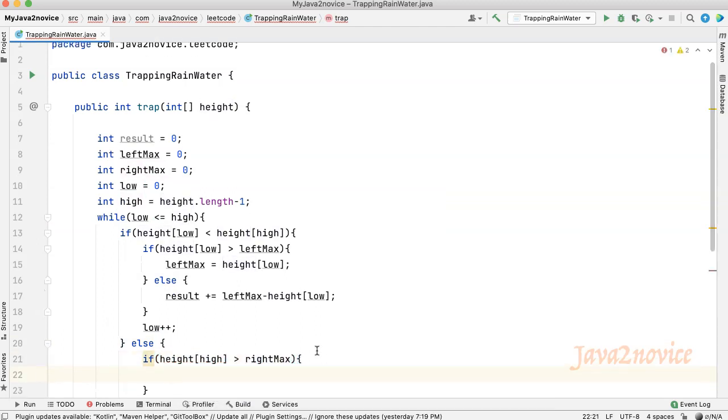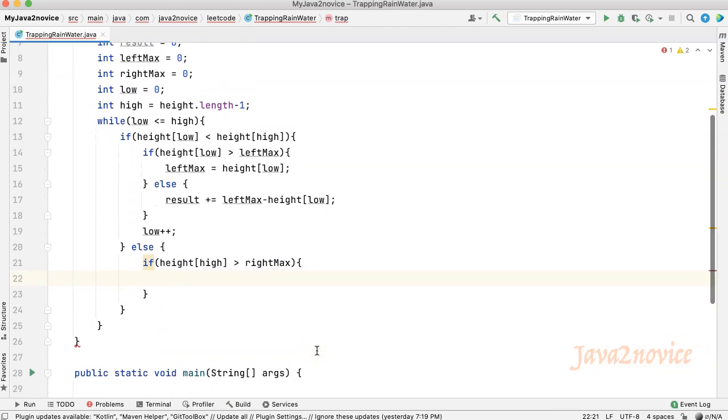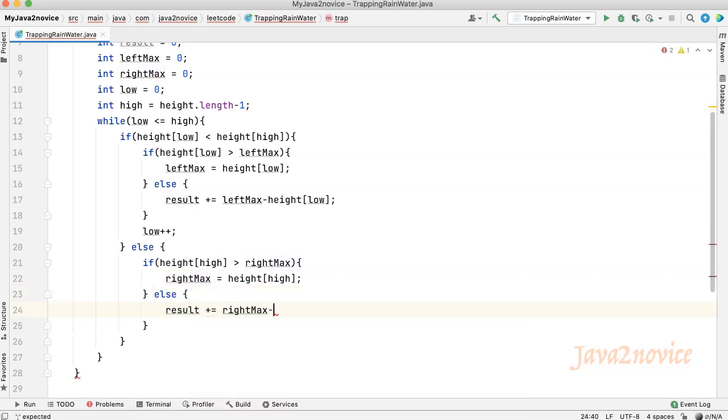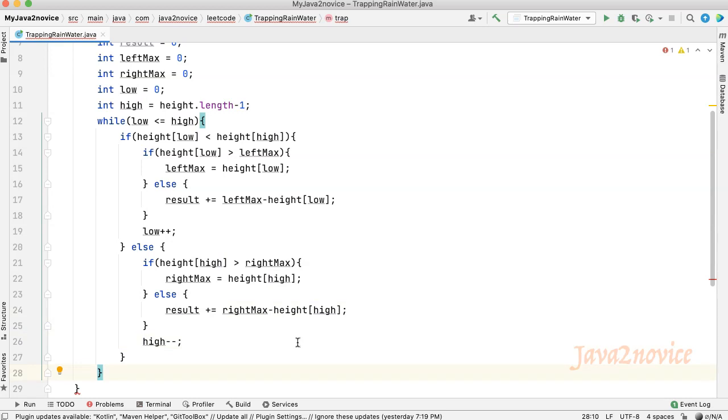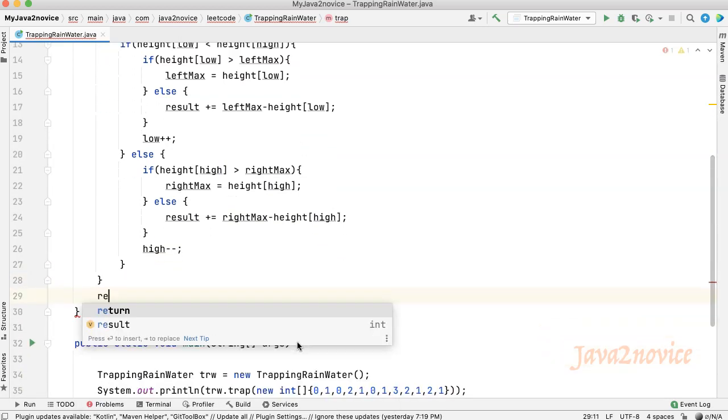If it is higher than right max, then update right max value. Otherwise, calculate depth at current element. Decrement high index by one step. Once we are out of while loop, return the result.